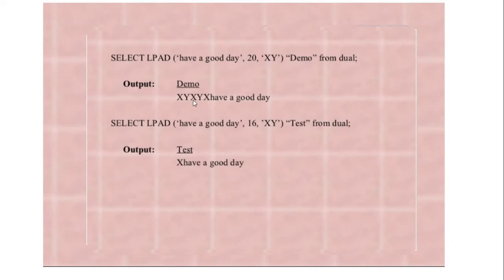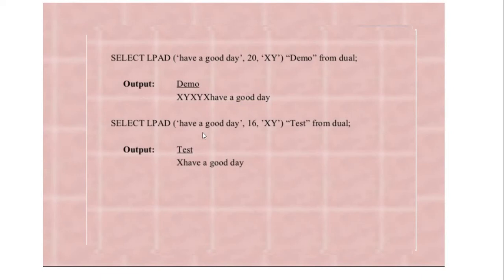So it is going to repeat it to make the total length equal to 20. So here you can see that these xy, xy and then x have been padded to the left to make this entire string of length 20.